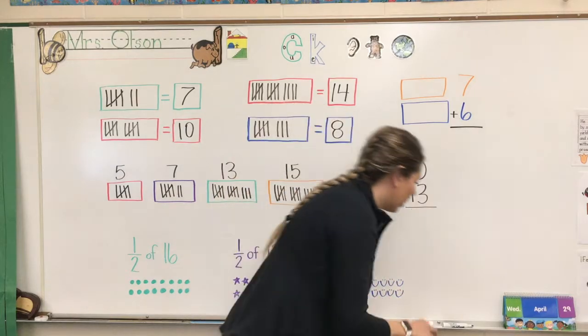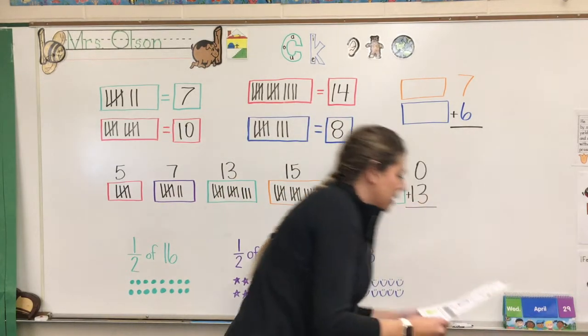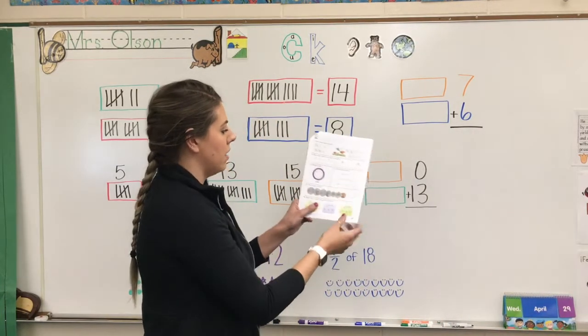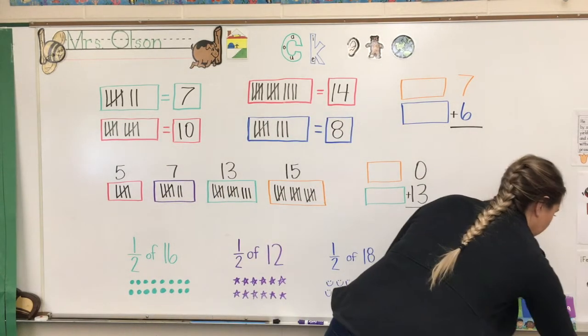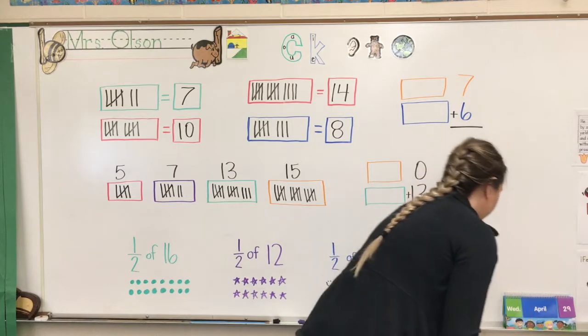And on number 4, it's asking you to write the answers of combinations. You guys can do that. And number 5, it says how many cents. So if we look at our money that we have here,